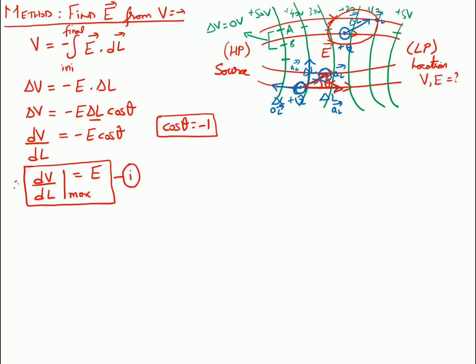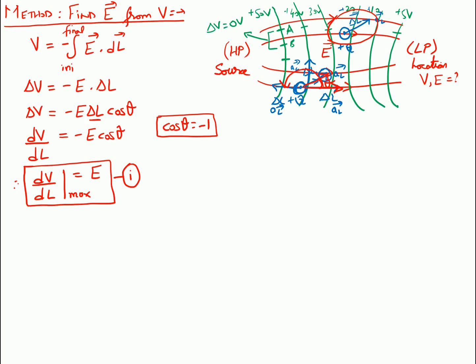So why is this maximum? Because if we take delta theta over here, or cos theta, we know it is 0, 90, and then the maximum will fall at minus 1, or 180 degrees. So this is the maximum length that we can take, and if we move in the opposite direction of delta